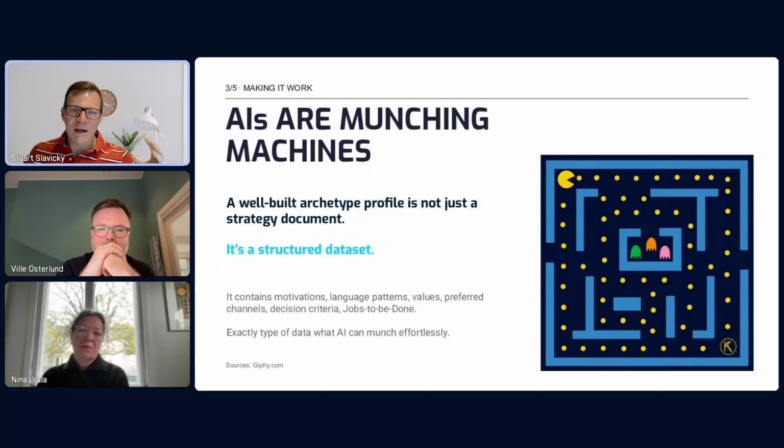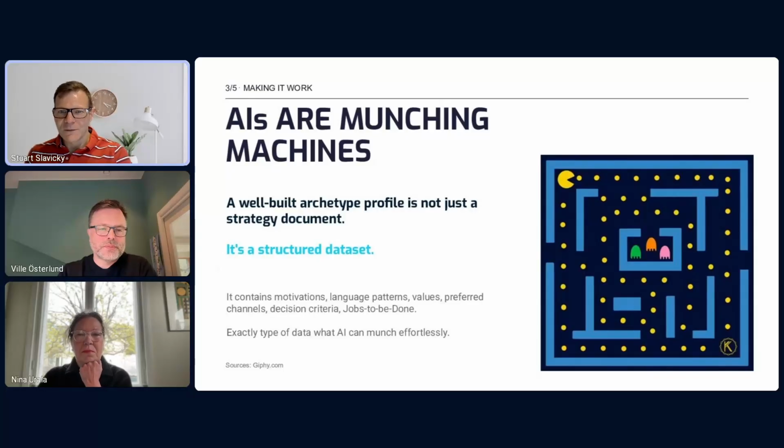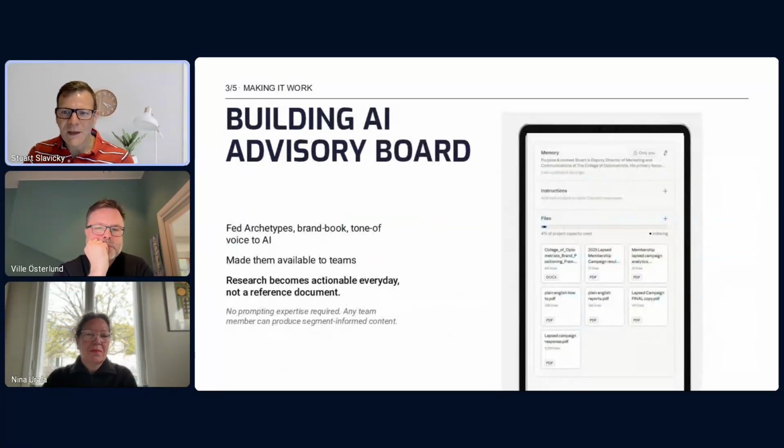And if we think of AI as huge data munching machines, they can take that information, and once you've got that model, because it is a model, it's anonymized data from the very start. So you're not even exposing any of your custom data or your member data to the World Wide Web, or wherever the data clouds of these AIs are held. And because you're using a model and not individual records, you're not running into any kind of GDPR issues or anything further than that. So that's exactly what we did.